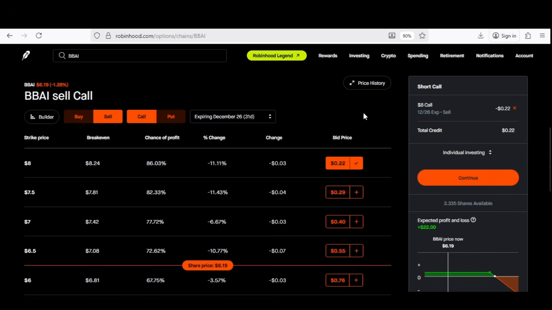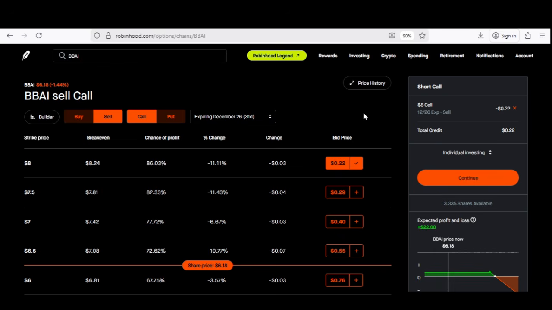Now, this option strategy is perfect if you're trading with a small account or you're new to options. This is a win-win option strategy. The only way you could quite possibly lose with this option strategy is if you were to choose the wrong stock. So make sure to do your own due diligence and use this option strategy on stocks you know you actually want to own in your portfolio, or that can make you some decent income.